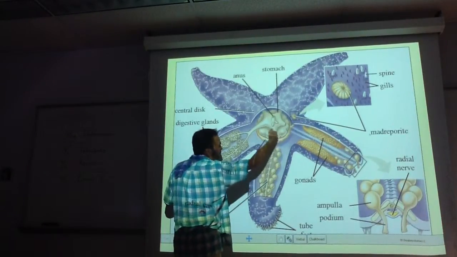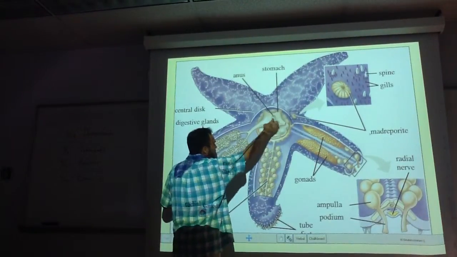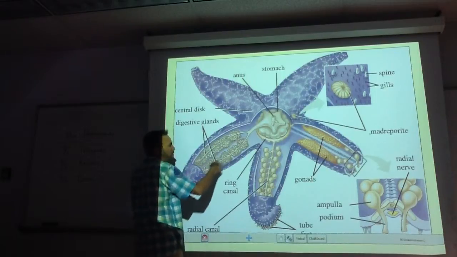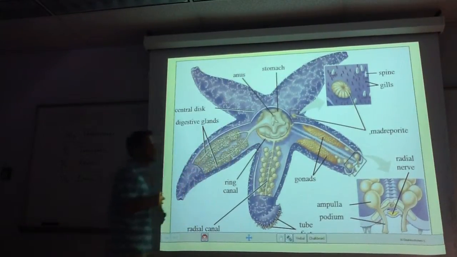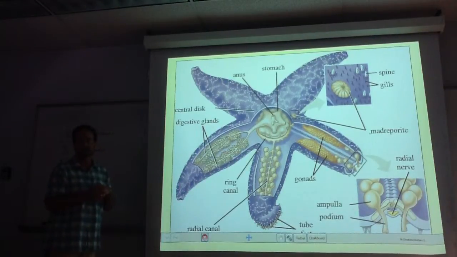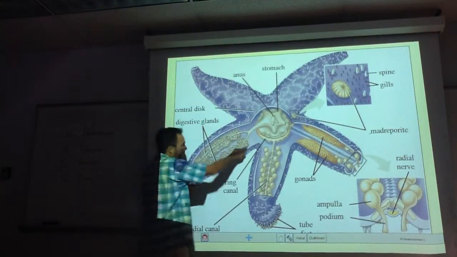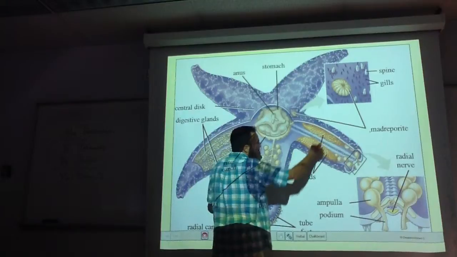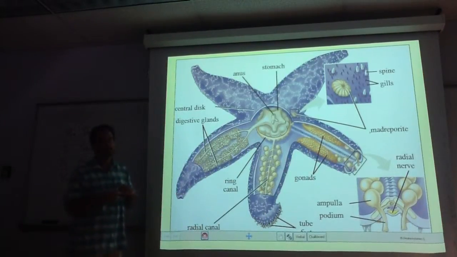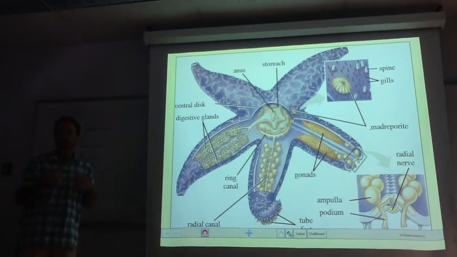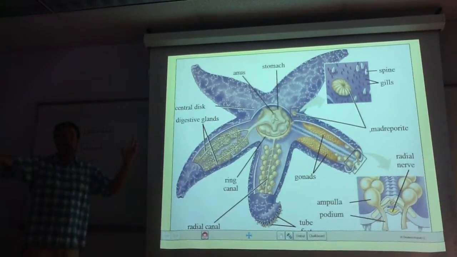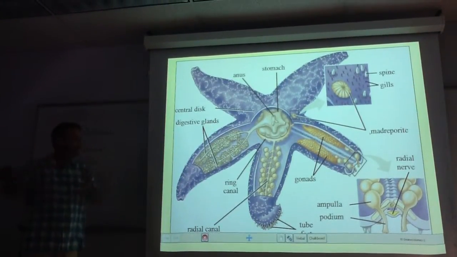Food is brought in through the oral side, through the mouth. And then digestive juices are produced here. Nutrients are passed down through the arms, through these caloric ducts. That's the eating part. Right next to these, you'll see that there are gonads. And depending on whether your starfish is reproductively active when they killed it, you could have really huge gonads or could have little itty bitty gonads.